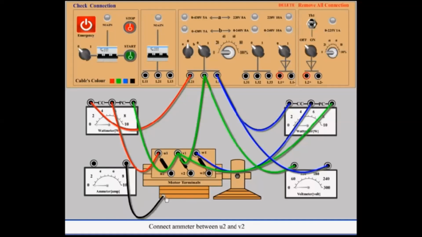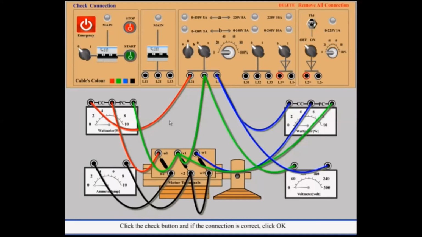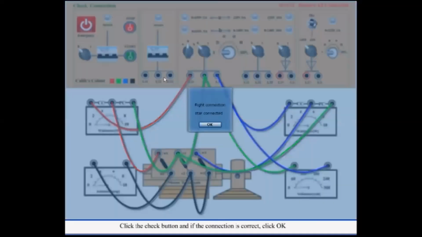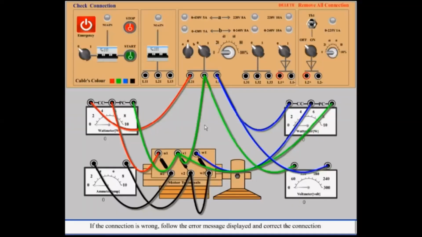Connect ammeter between U2 and V2. Sort V2 and W2. Click the same button if the connection is correct. Click OK. If the connection is wrong, follow the error message displayed and correct the connection.